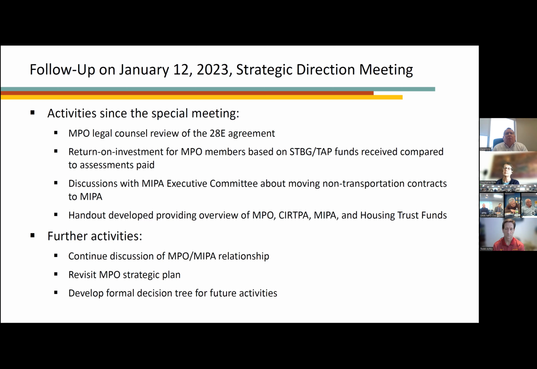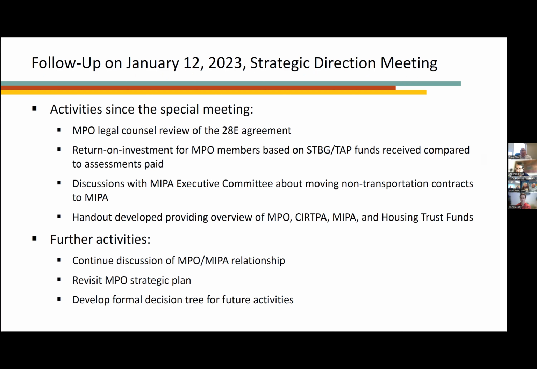But it seems to me that Todd, and I'll direct this to you, you're having trouble listening to what the policymakers and the direction they want this organization to go. And I hate to be that forward, but we've talked about it and talked about it. Now I'm reading in the memorandum that comes from you on this tree, on the second bullet point, one of the things that were added, it said transportation related projects for non-MPO members were viewed as possibly acceptable if the project would one, improve transportation for the MPO area, two, advance the MPO's mission and vision, or three, contribute to the MPO's financial viability.